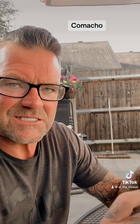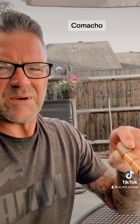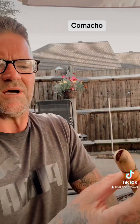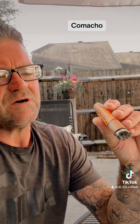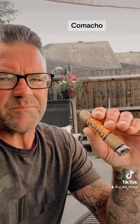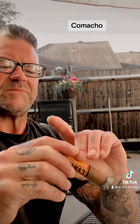Just very quickly, this is obviously orange. They did a yellow one, it's been discontinued. Blue one's still in production, a red one, and then there's a few others. I've had the red, the blue, the yellow. So this is the mildest, and my particular favourite out of the Comacho. So if you're just starting out in cigars, I thoroughly recommend this. It's got more bite to it than the Perdomo I was talking about the other evening, but it's still lovely,